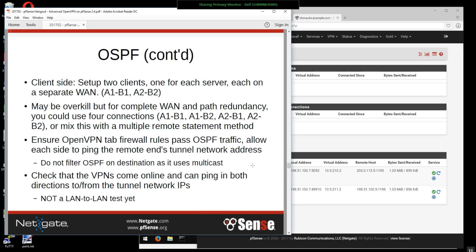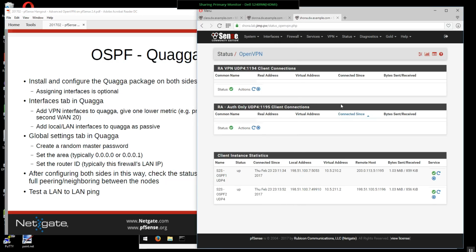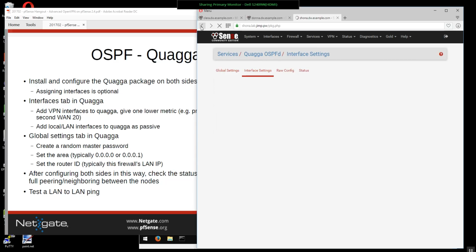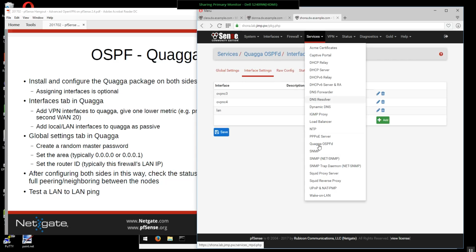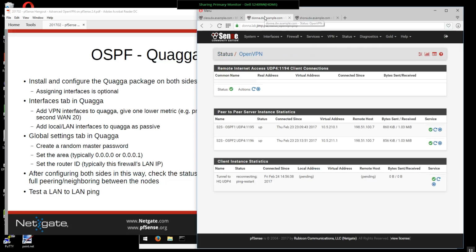So you're not going to do a LAN-to-LAN test yet because first you have to set up your routing protocol. So first thing you need to do is go to System, then Package Manager, go to the available packages, find Quagga, install it just like installing any other package. You could assign the interfaces if you want, but you don't have to. So if I go back here, just under Services, Quagga OSPFD, on both of them,